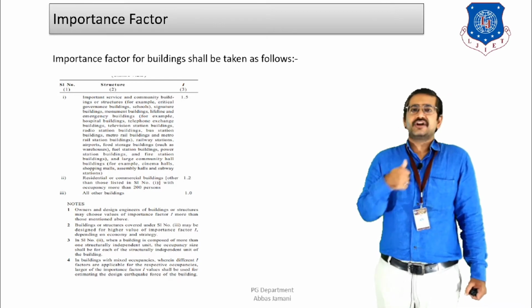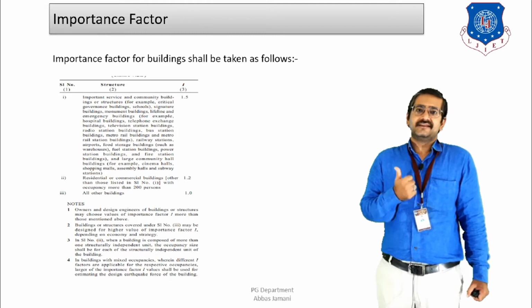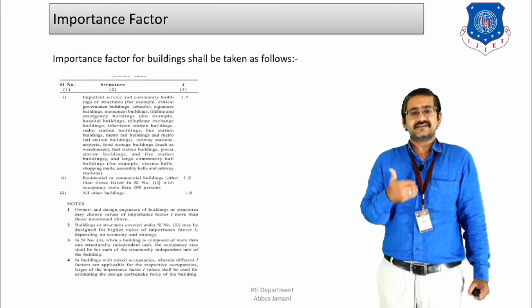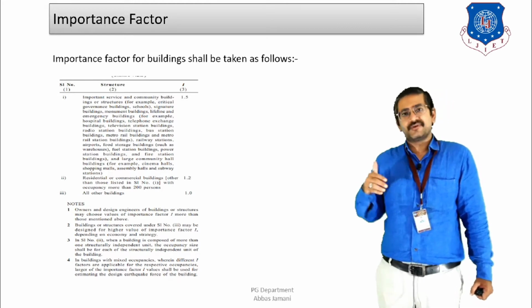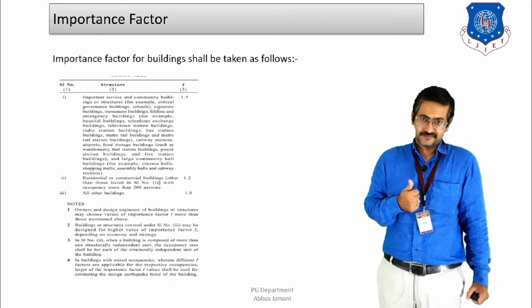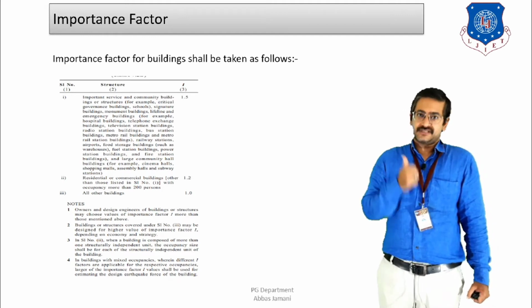The importance factor is going to be dependent upon the functionality of the building, whether the building is a school building, a public building, or a private building, that is, whether it is a residential property or a commercial property, or whether the property is linked to the overall economics of the country, for example, a nuclear power plant or something of that sort, right? So depending upon that, you need to select the importance factor, right?